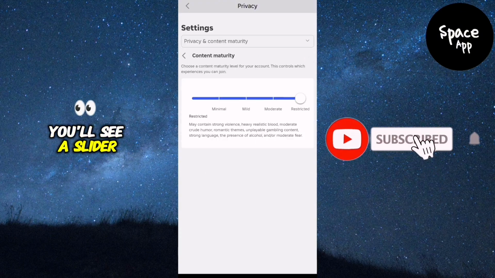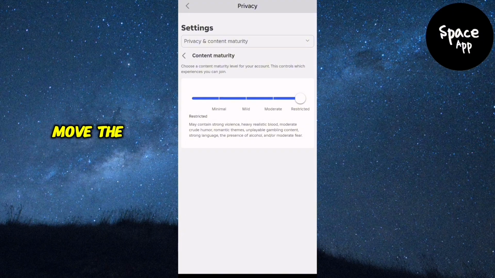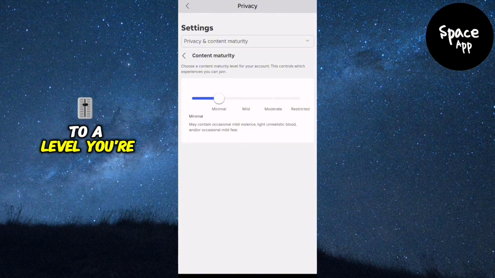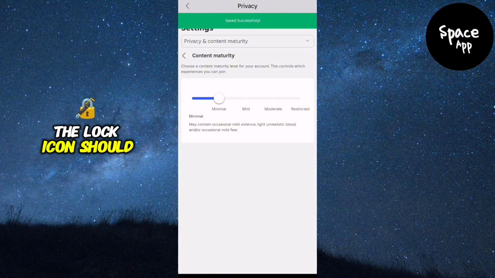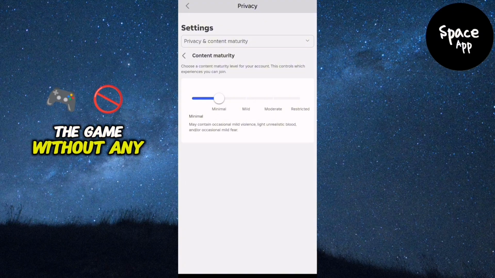You'll see a slider here. The further left it is, the more restricted your gameplay will be. To access more games, move the slider to the right to adjust the maturity settings to a level you're comfortable with. The lock icon should now be replaced with a play button, and you can enjoy the game without any